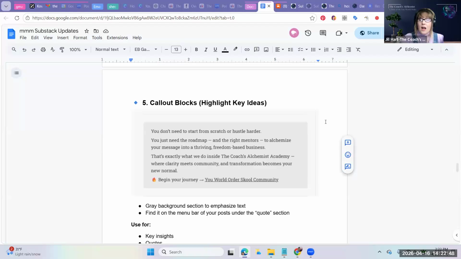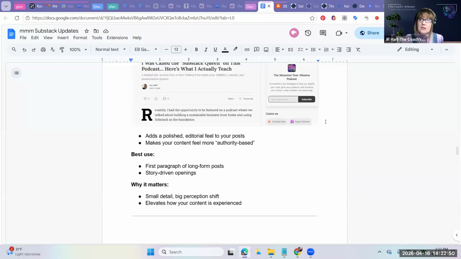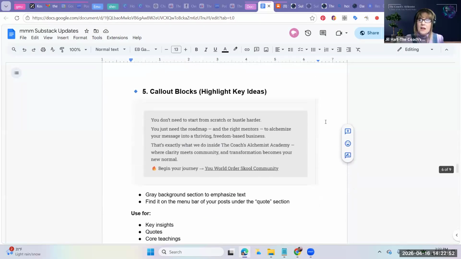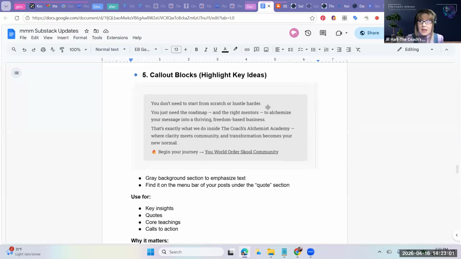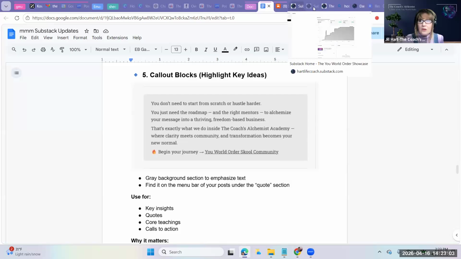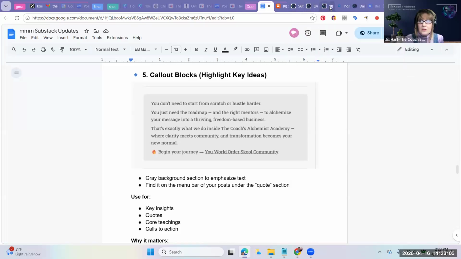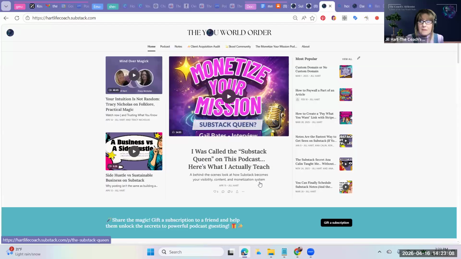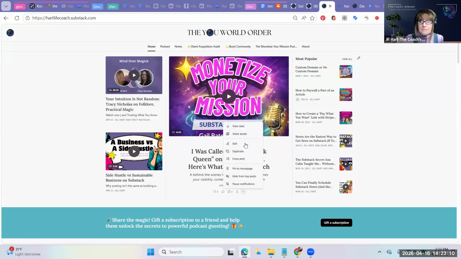So, all right, that said, the next big thing that Substack has come out with are call out blocks, which look like this, and you can find them over on your, I'm going to edit this one again.